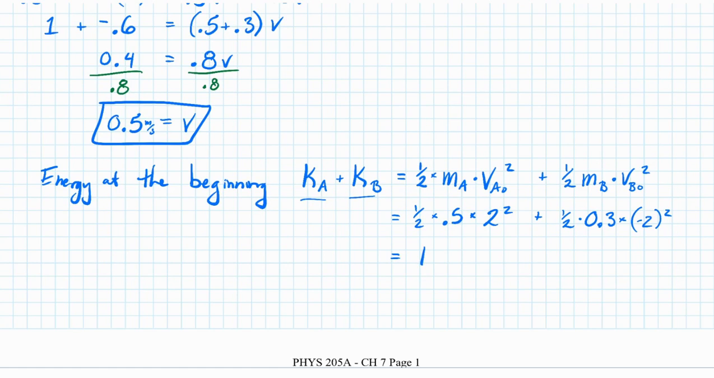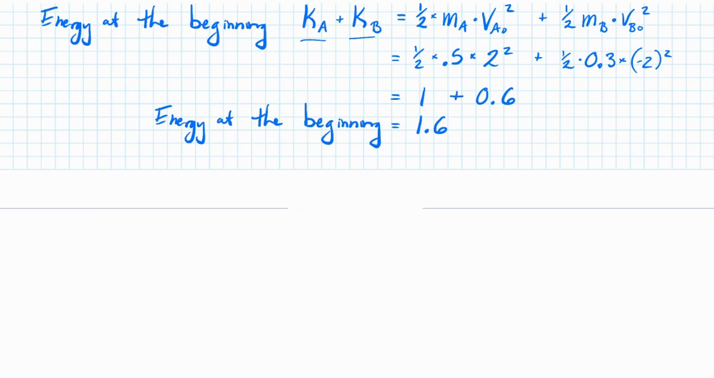And I get 1 plus 0.6. And I want to point out that this is a positive 0.6 because the negative was squared, and my kinetic energy is always going to be positive. All right, so I would have started with the energy at the beginning being equal to 1.6. And then to find the energy at the end,